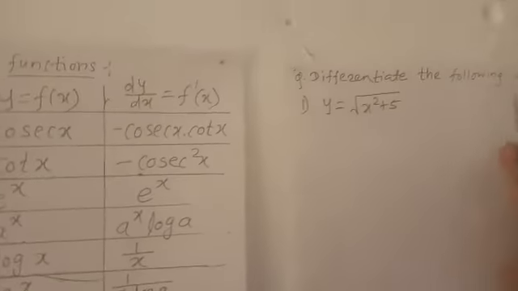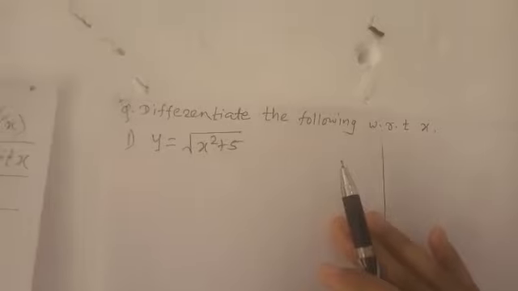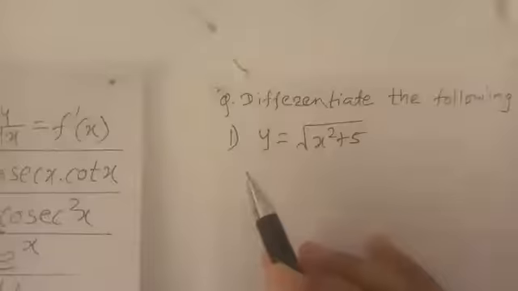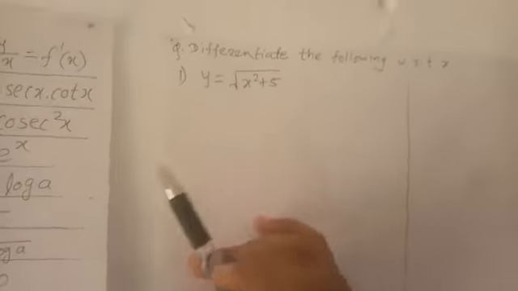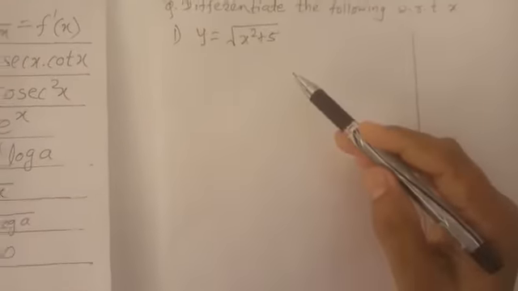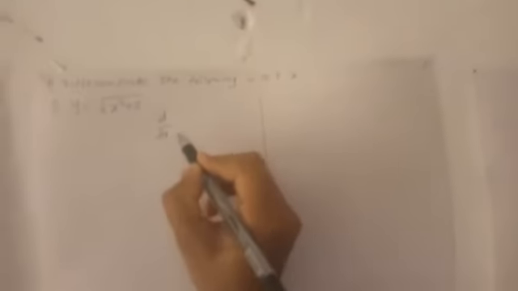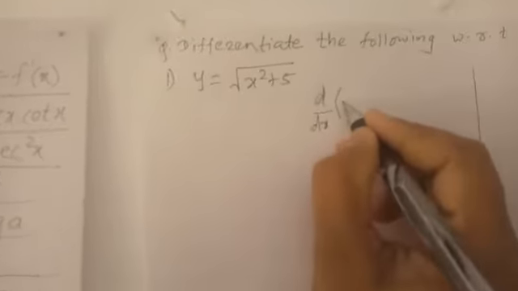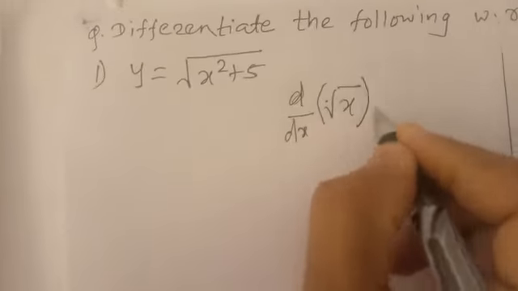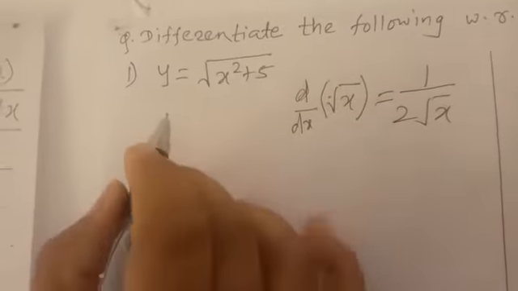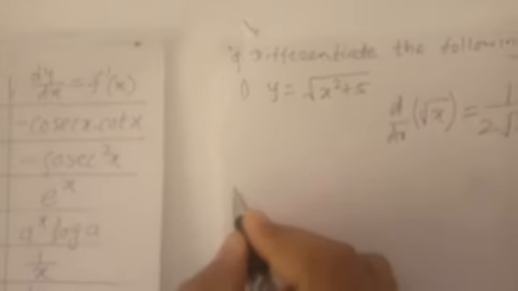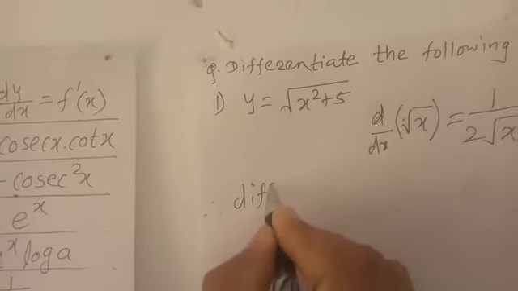Now let us see. Question: differentiate the following with respect to x. The function y is given as root of x square plus 5. By using this formula we can find its derivative. This example is of the type where the derivative of root x is 1 upon 2 root x. By using this formula we can solve this example. Therefore, differentiating with respect to x,